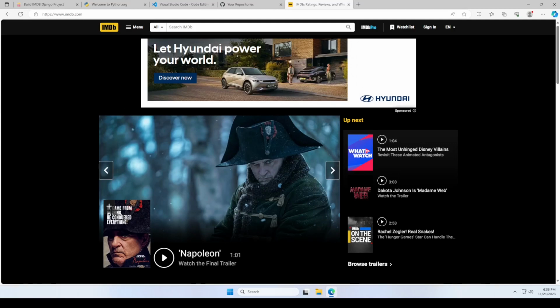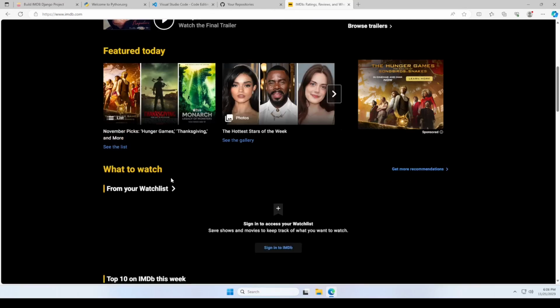This is a long time coming, and the idea for this project is that we're going to use Python Django, Django being the web framework, which uses Python to help create a backend and in some instances templates of a front end. And what we want to do is replicate a website like this one, IMDb, the Internet Movie Database, which is a website which allows, well, the website itself has